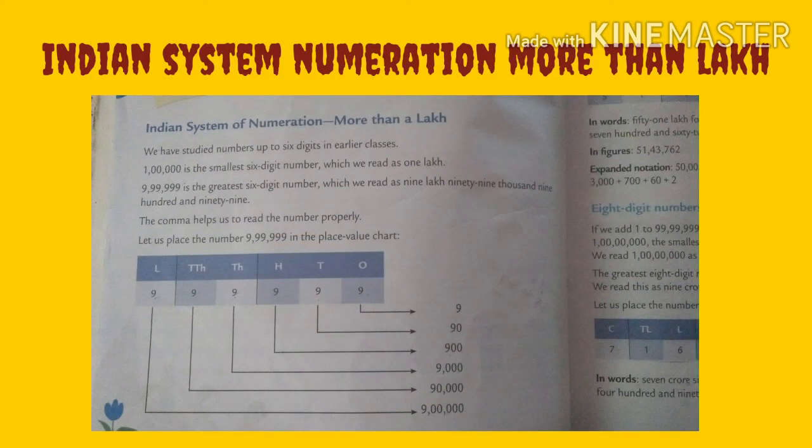The place values are given: ones, tens, hundred, thousand, 10,000 and lakh. According to that, zeros are put after the 9. The 9 at ones place has a place value of 9. The 9 at tens place has a place value of 90. According to it, we start putting the zeros, and the last number, the 9 at lakhs place, has a place value of 9 lakh.